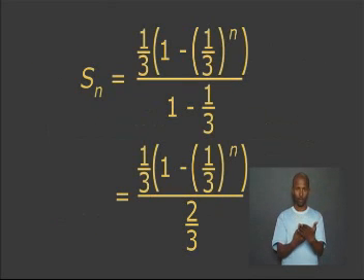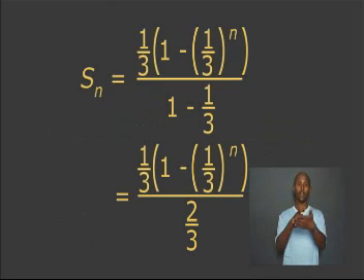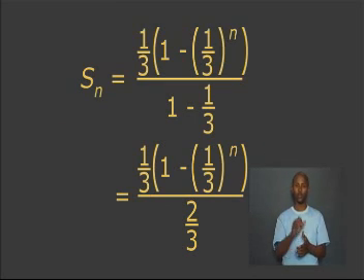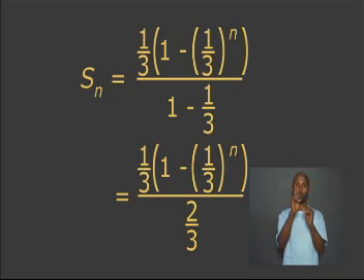Therefore, we must substitute the correct values. Sn equals 1 over 3 times 1 minus 1 over 3 to the power of n divided by 1 minus